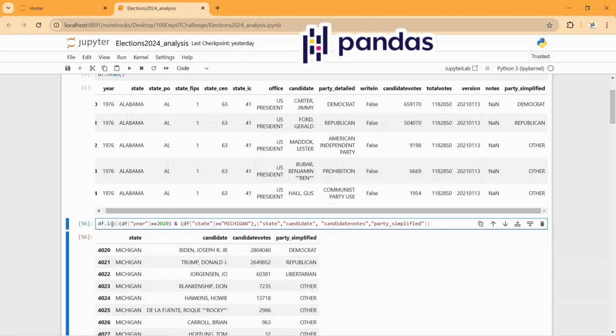First, we are using the loc, which is going to create a subset from our general data. So using that, we are saying, hey, go to our frame, and I want you to locate the year column. Give me the year column, which is equal to 2020. So I'm only concerned with data from 2020. And we're using a logical operator. Give me 2020 where the state is Michigan. And that's the first part of